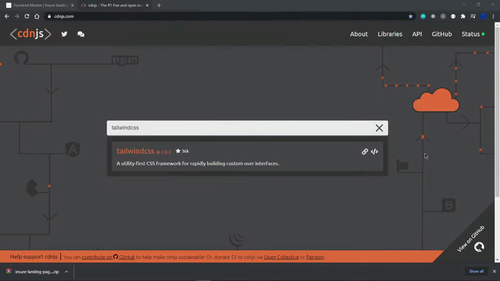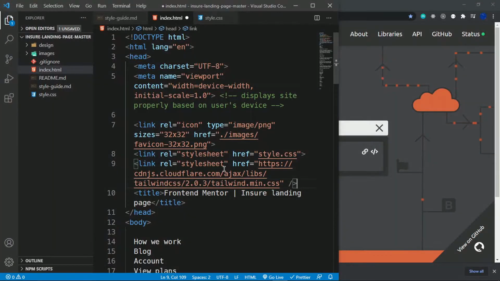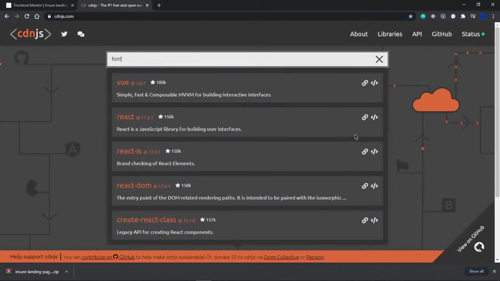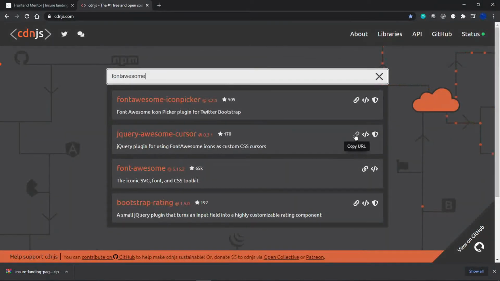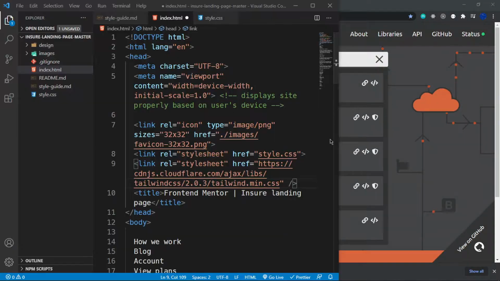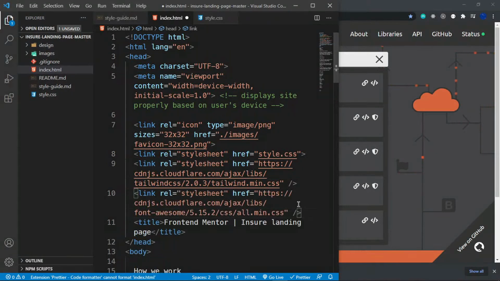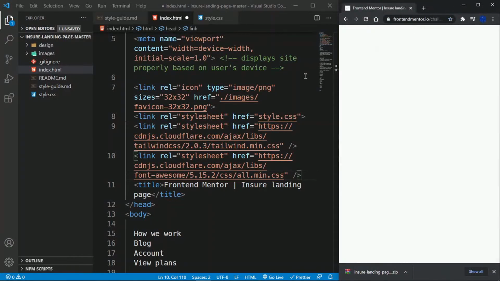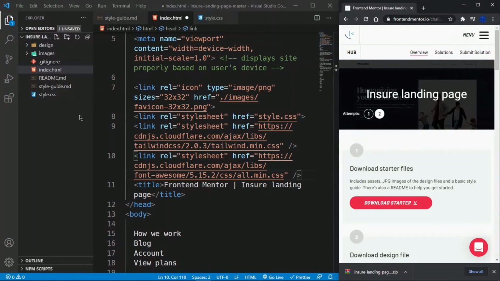And then once we do this, I've just remembered that I want to grab Font Awesome as well, which will deal with our icons. So just search for Font Awesome once again, copy this link tag and then paste it right inside there. Okay, so everything seems to be moving fine. I can close this page and